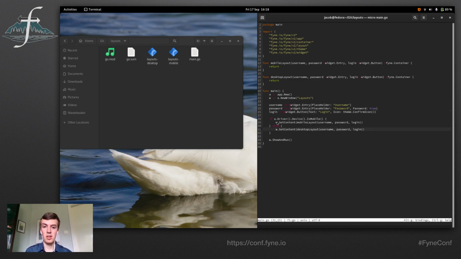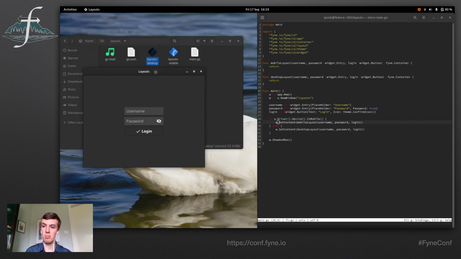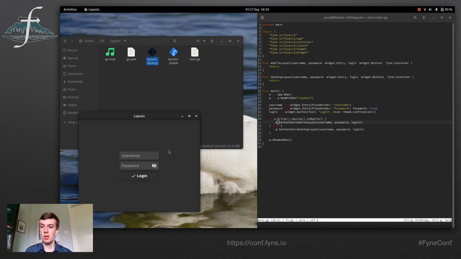And then I do the app.driver.device.isMobile function or methods to allow us to control different layouts when we are on desktop or mobile. So if we just open up our example here, which I compiled beforehand, we'll see that we have